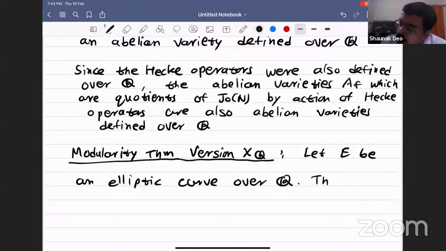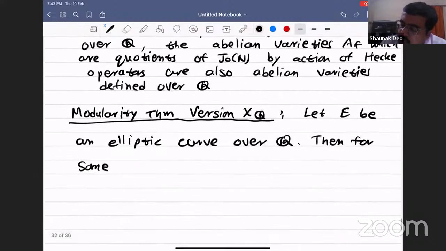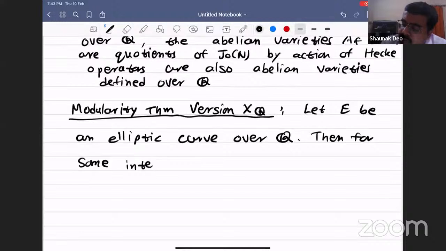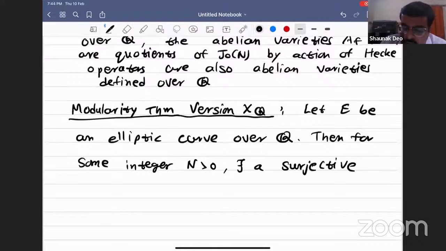And for some integer n greater than 0. So this is exactly the version that we had seen, but instead of Riemann surfaces and things over C, we are replacing everything over Q, and the map will be of algebraic curves over Q. Then for some integer n greater than 0, there exists a surjective morphism over Q